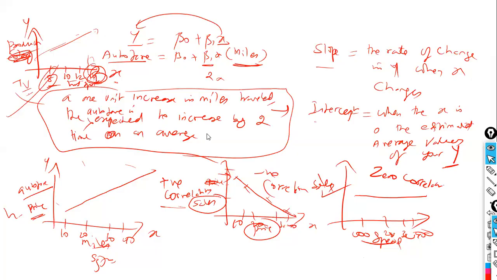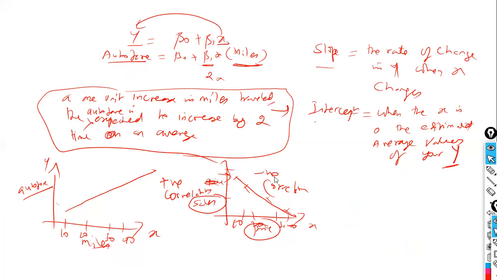As the number of bedrooms increases, the housing price also increases. Okay, fine, enough examples. Now you understood the positive relationship, negative relationship, and zero correlation. Next thing you need to be aware of: now we understood what Y is all about, what beta naught and beta 1 are all about. The next one is